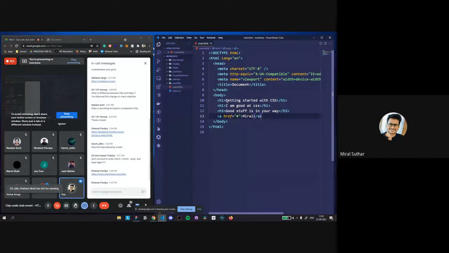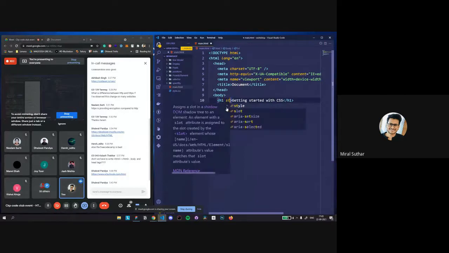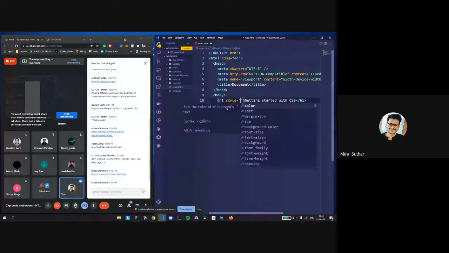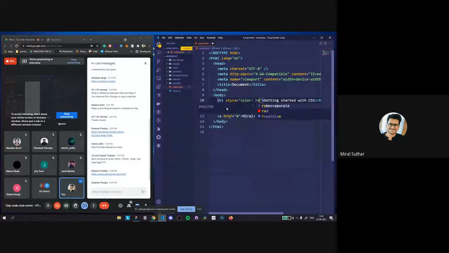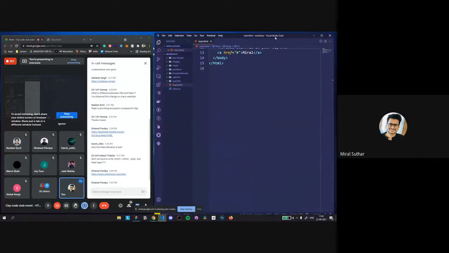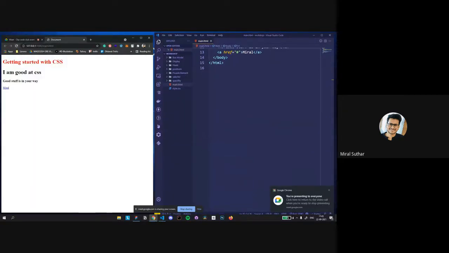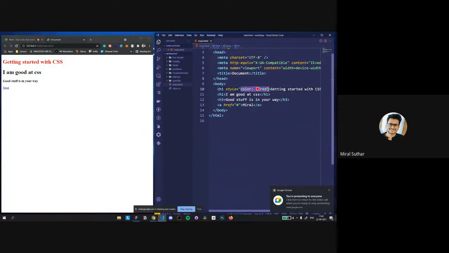There are three ways we can style HTML element tags. The first one is inline style, where you just put the color over here and add the right color. You can see there is a red color just by adding the inline style.